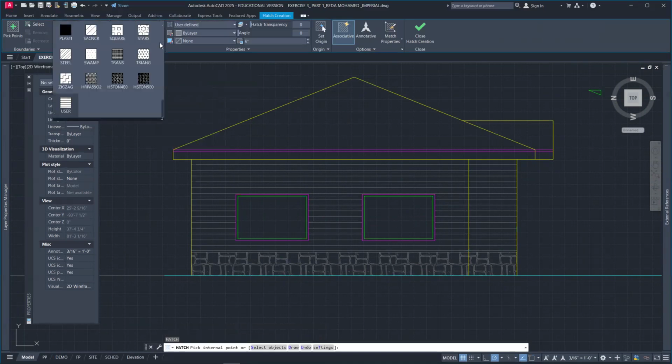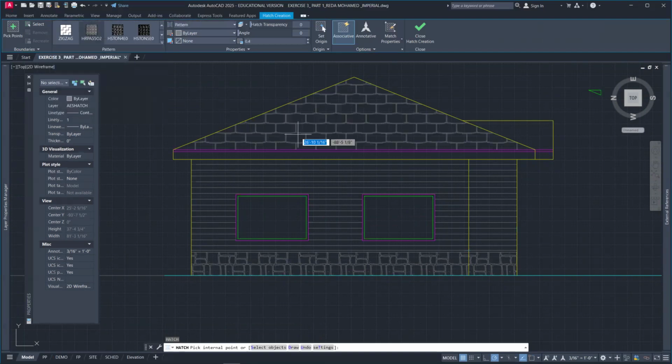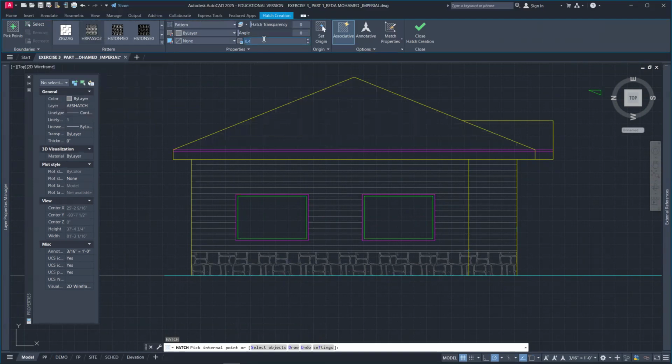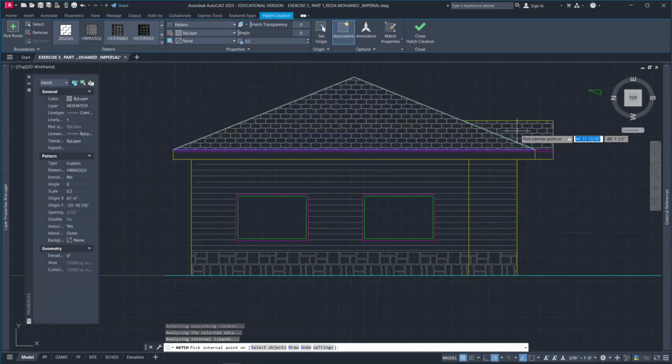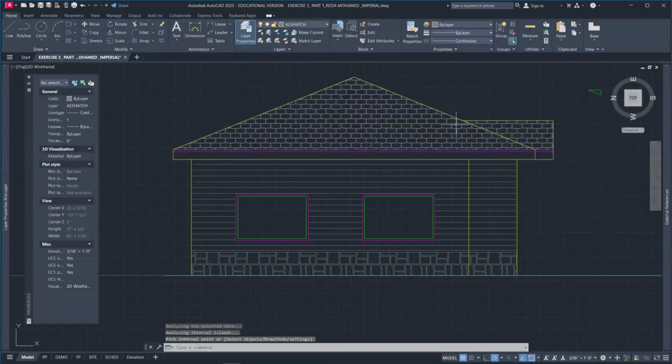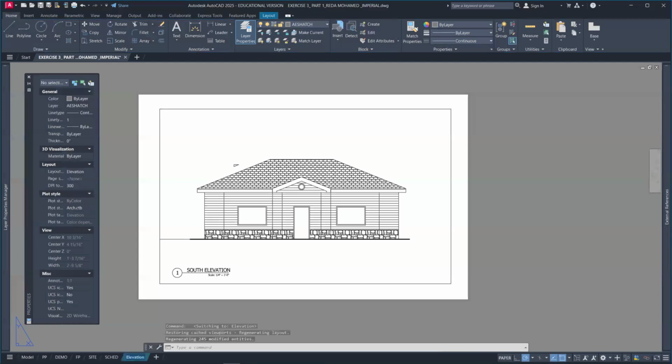This time look for your roof pattern. Okay. 0.2, I believe. 0.2. Okay. Do that for that and this as well. Okay. Click OK. And then for this one, you need to change this to south elevation, SE,